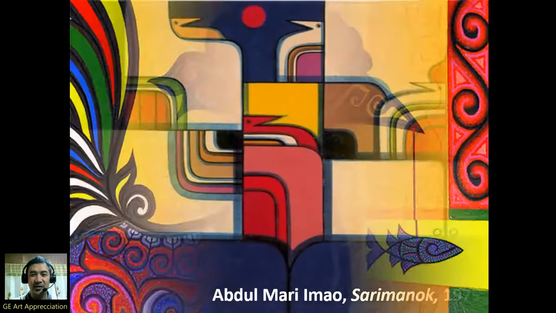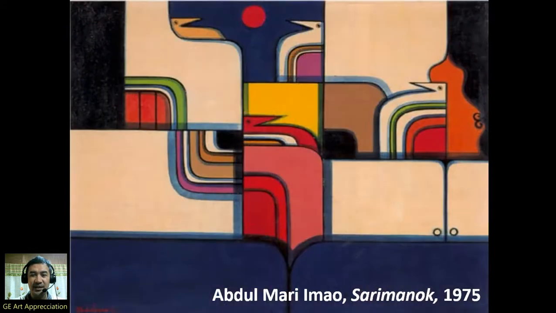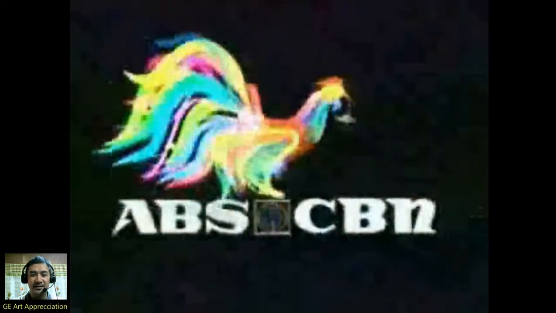So, from Sari Manok design, they actually made it para siyang yung sa station ID, no? Station ID or station logo ng ABS-CBN. Dati. I don't know kung iyan pa rin yung ngayon. Parang hindi na, no? Okay, so but before, ito yung ginagamit ng ABS-CBN, yung kanilang logo, Sari Manok.